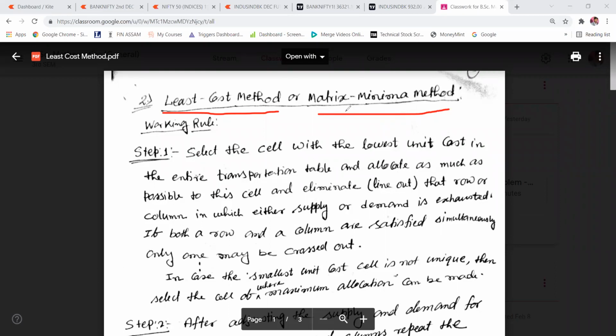Listen carefully. The first step: from the whole transportation table, you need to select the cell which has the least transportation cost.